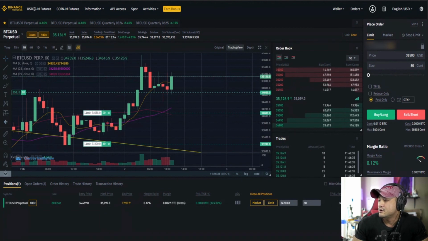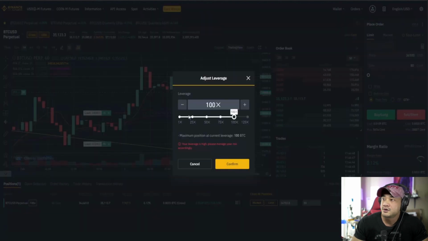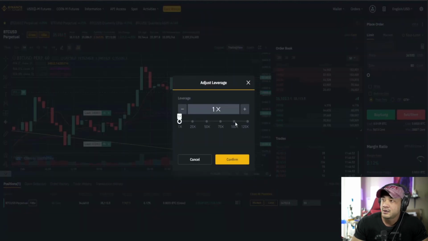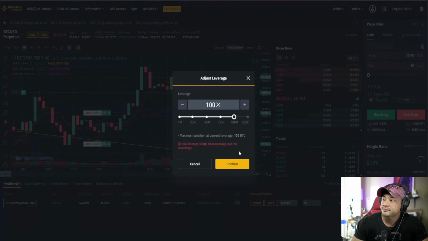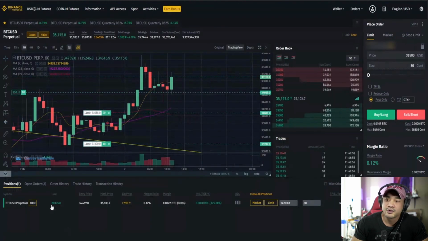And then if you look over here on the margin ratio, because I'm playing on margin, sorry, I forgot to mention that. The reason I like playing futures is because I get quite high leverage with it. I'm playing 100x leverage. You could go as low as 1, so you're playing 1 for 1. What that means is, in order for me to take this $8,000 position, I'm risking $80, which is 0.0022 Bitcoin, leveraged 100 times. I'm holding a $8,000 contract position,